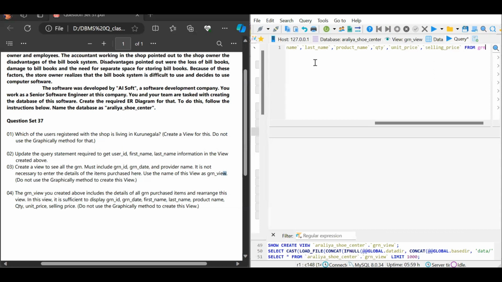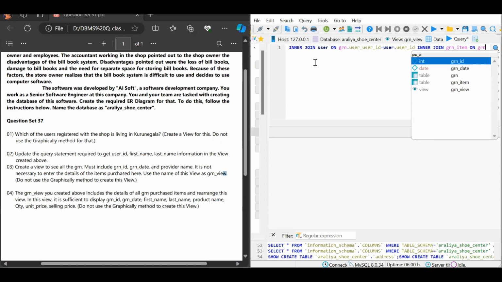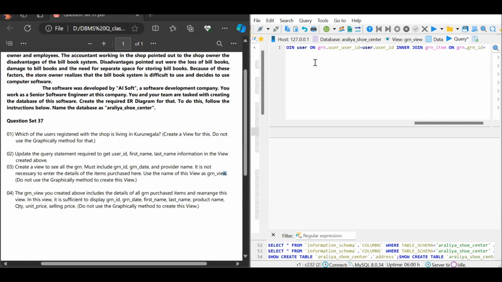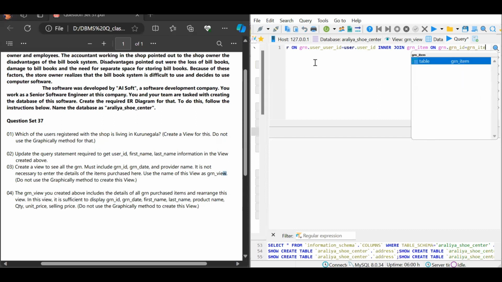We need to obtain this information from the GRN table, and we use the inner join as we need to join the user table and also the product table. So then let's join the user table. We can use the on keyword here, and GRN table dot user ID equals user table dot user ID, and then we can use an inner join again, and then we can join the GRN item table as it contains the quantity, unit price and also selling price, and after that we can use the on keyword here, and GRN table dot GRN ID equals GRN item table dot